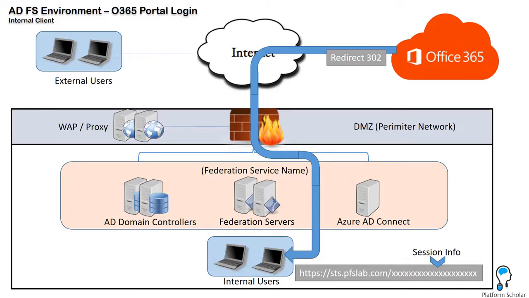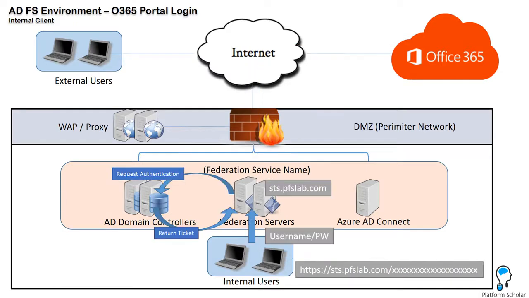So it'll send a redirect, or a 302, back to the client, back to the browser, and it'll tell it what URL to go to. And this URL will contain the address for our Federation server, as well as a bunch of information that it's going to send to identify the session info. And that's so that later on, when we actually go to connect again, it'll remember the original session we tried to initiate. So the client at this point will be redirected to the Federation server, which right here is